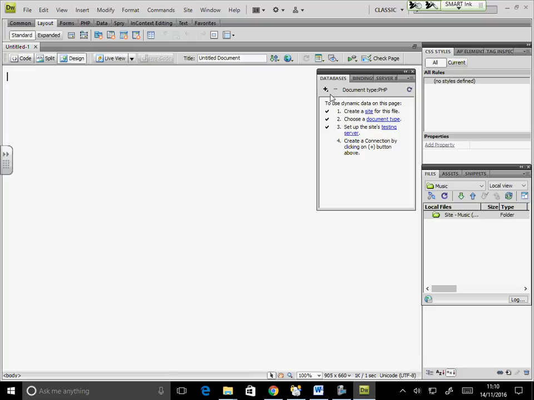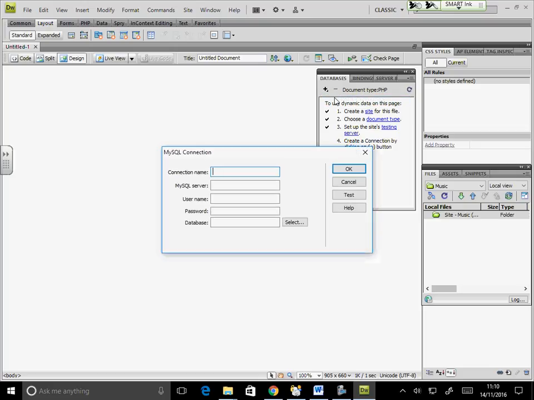So what I'm going to do is set up my connection, which is here, my SQL connection. Connection name can be anything, whatever you like. And usually I prefer keeping it the same name as your folder name, or your site name. So let's say my site name was music, so I'll just keep that. My SQL server is on localhost.